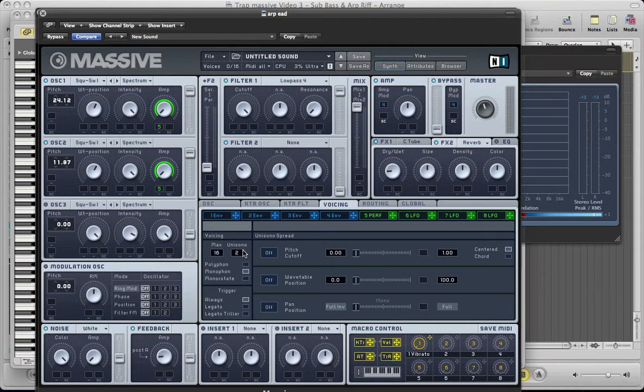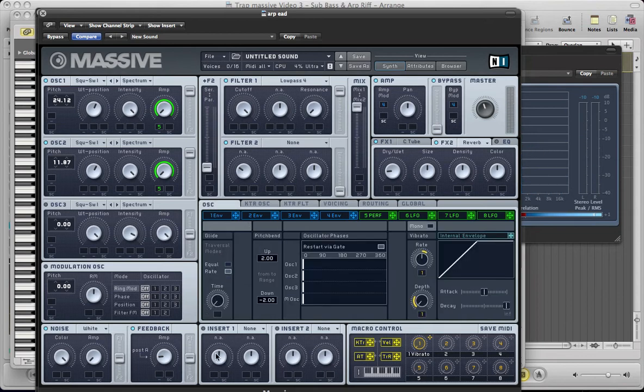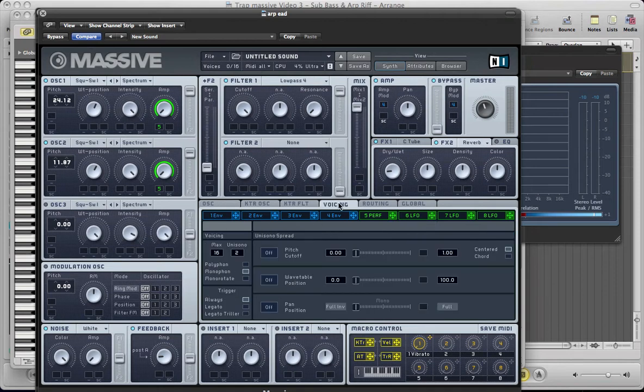Give the sound 2 voices, and then we need to set the glide time now, so just pull that down to 0. Now we've made the synth monophonic, we don't really want any glide on there for this sound. And yeah, the last thing to do is this unison spread really on the pitch curve. Turn that on,